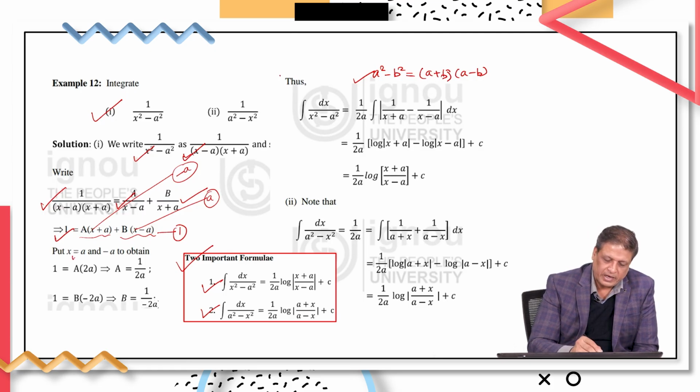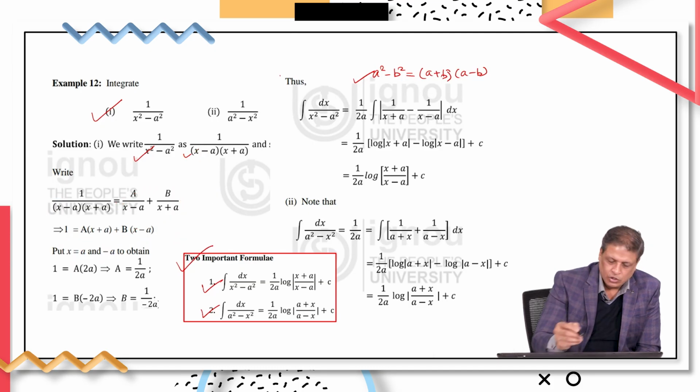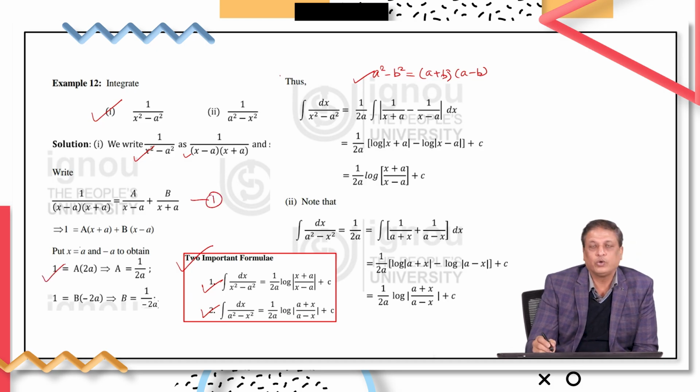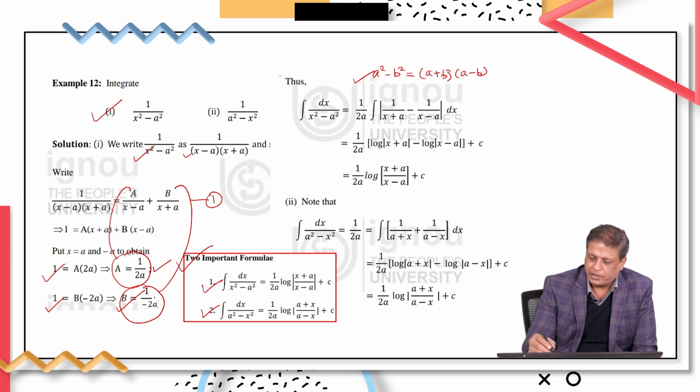So substituting x equal to a and minus a separately in equation number 1, you will get 1 is equal to A into 2a, that means A is equal to 1 upon 2a. Similarly, substituting x equal to minus a in equation number 1, you will get 1 is equal to B into minus 2a, that means B is equal to 1 upon minus 2a. Now substituting the values of A equal to 1 upon 2a and B equal to minus 1 upon 2a in equation number 1, the partial fractions can be rewritten as